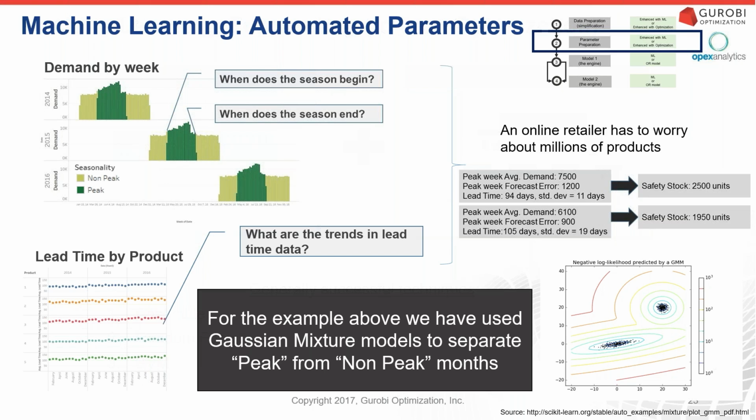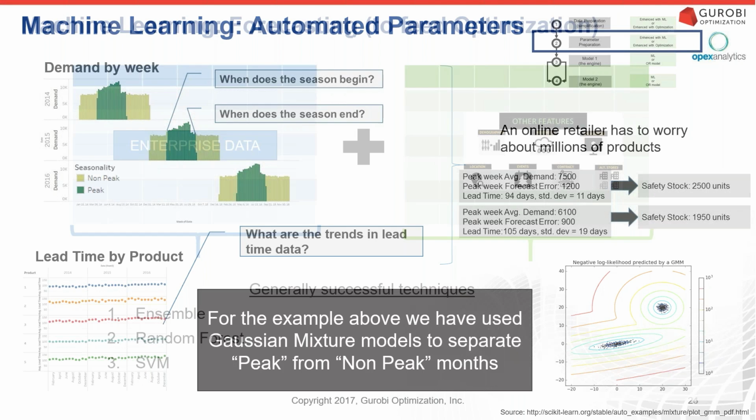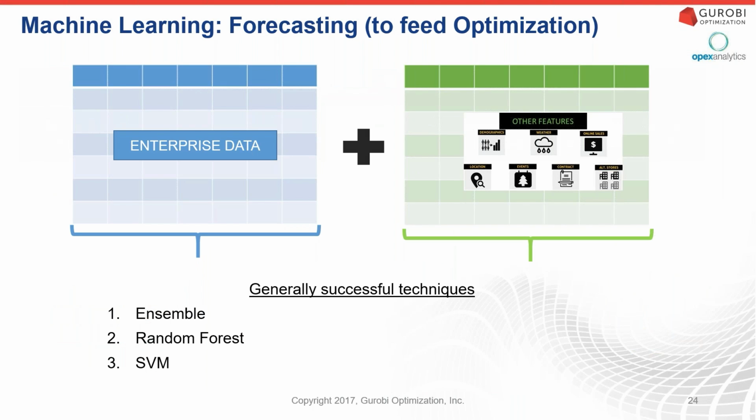Like maybe I get people to do the exercise once, and 3 years from now, those parameters have become out of date. Instead, we can use some type of algorithm to tease out these trends and figure out for each of these different products, when does the season really start and when does it not? Here in this case, we use a Gaussian mixture model to actually separate the peak from the non-peak. It's a great way to think about how to scale your models with automated parameters, and it's one less thing that you need to ask the users for in terms of input data.